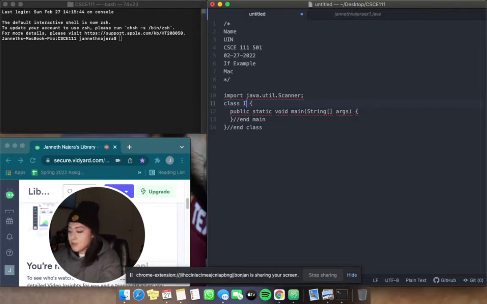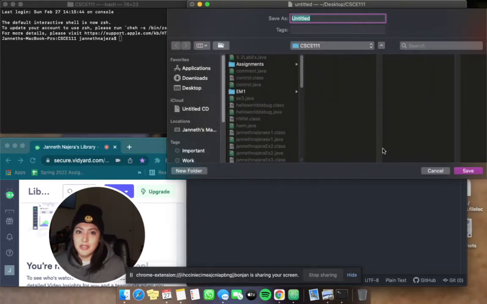So in this case, it's going to be if example, with a capital letter for the second word in your program. And then from here, I go ahead and save it just to make sure that I don't forget. Also, because the colors actually help. So I'll put right here IfExample